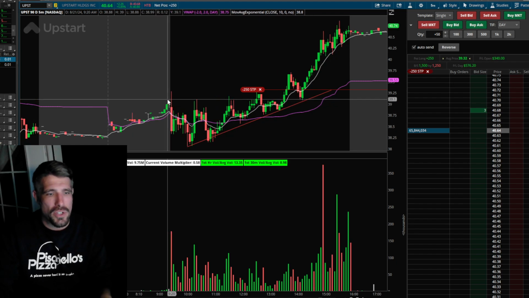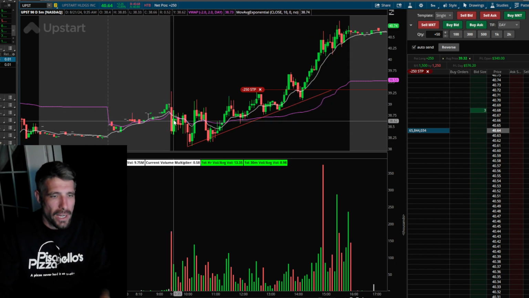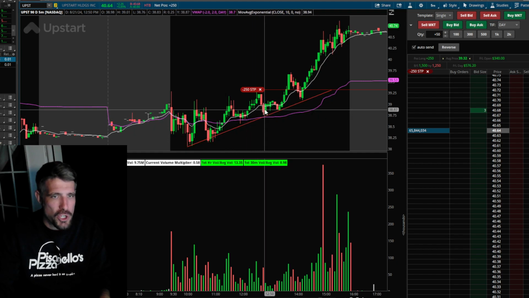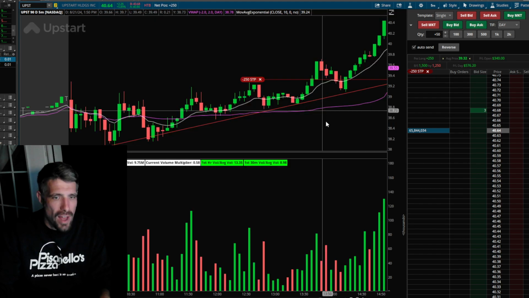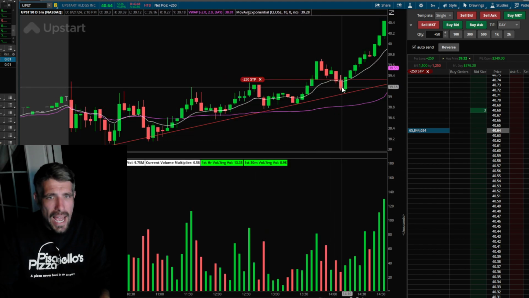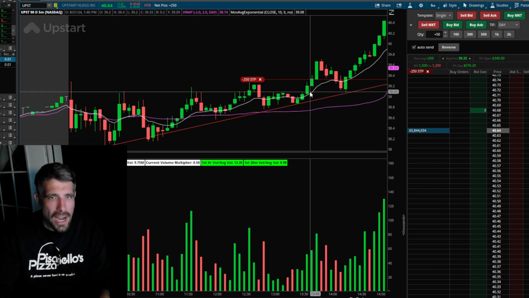And if we look at this, you see it starts off by failing, right? It starts to fail, but it starts to make this trend. This is an ascending trend line. And if we dial in on the volume here, you can see on the base breakout area, when it tries to break out, it does it on higher volume.